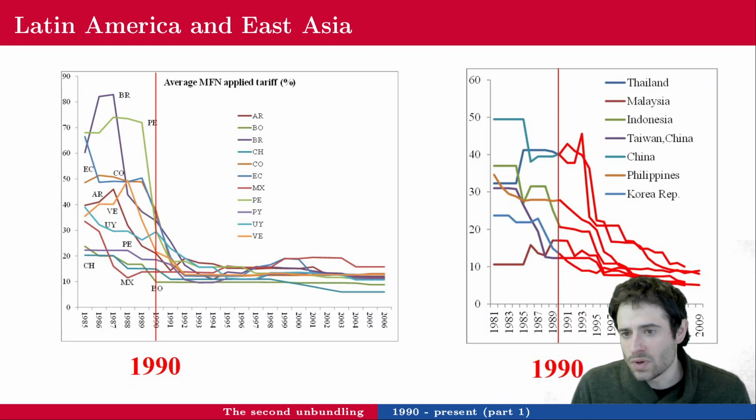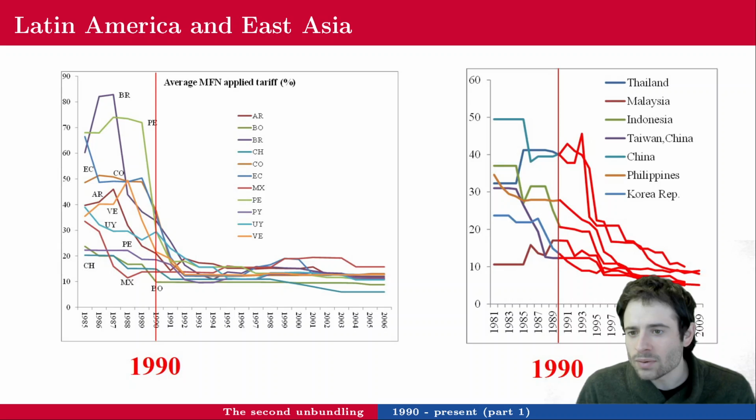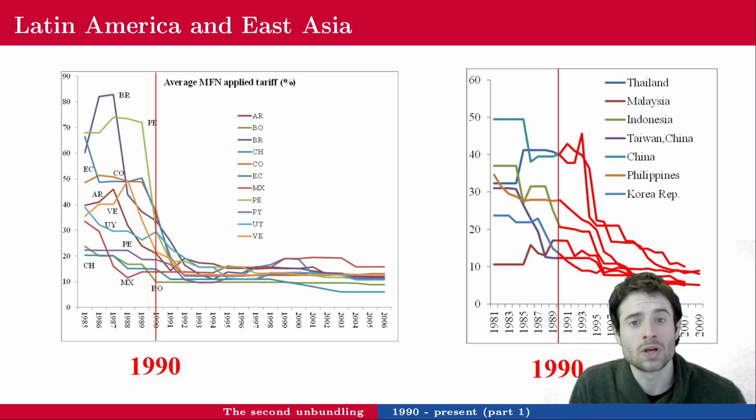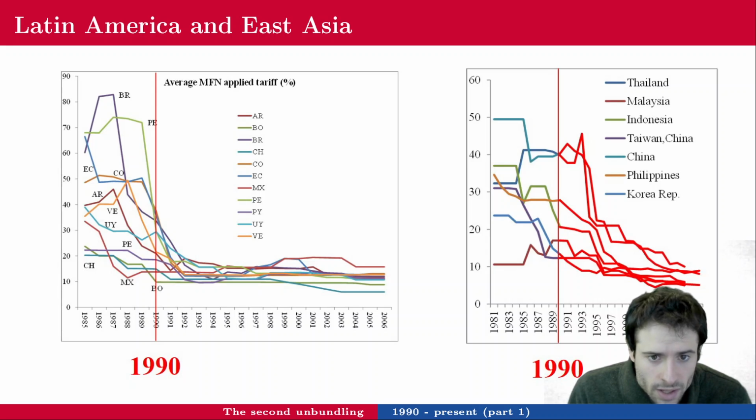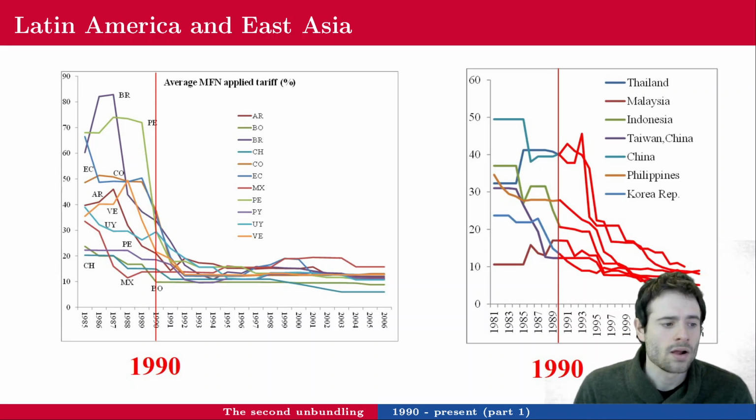And in East Asia, we see pretty much the same pattern. It's not exactly the same everywhere. That could be due to political fluctuations as well. But overall, tariffs decreased, and by the beginning of the 2000s, tariffs were between 15 and let's say 5%. And pretty much the same as Latin America, where there was a country or two like Mexico or Argentina close to 20, but overall, most countries in Latin America are around 10%.